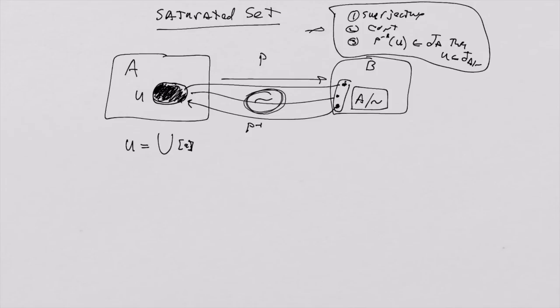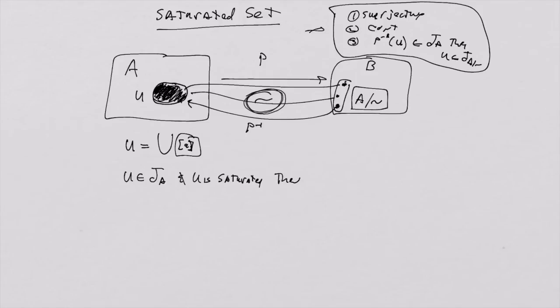So a saturated subset of A is just a subset that is in itself the union of a bunch of equivalence classes, no more, no less. And that is called saturated. The reason saturated sets are important is you can prove that the image of a saturated set under a quotient map will be open if the saturated set itself is open. So in this case, if U was an element of the topology of A, and U is a saturated set,